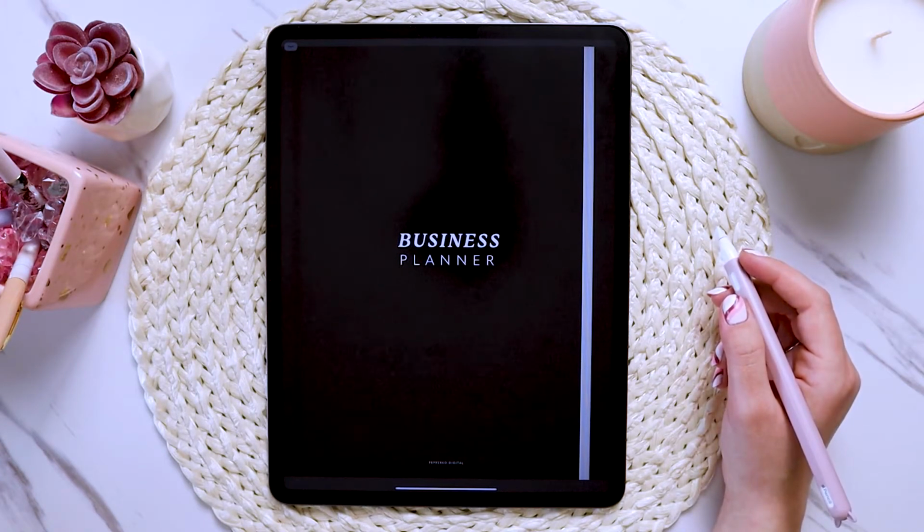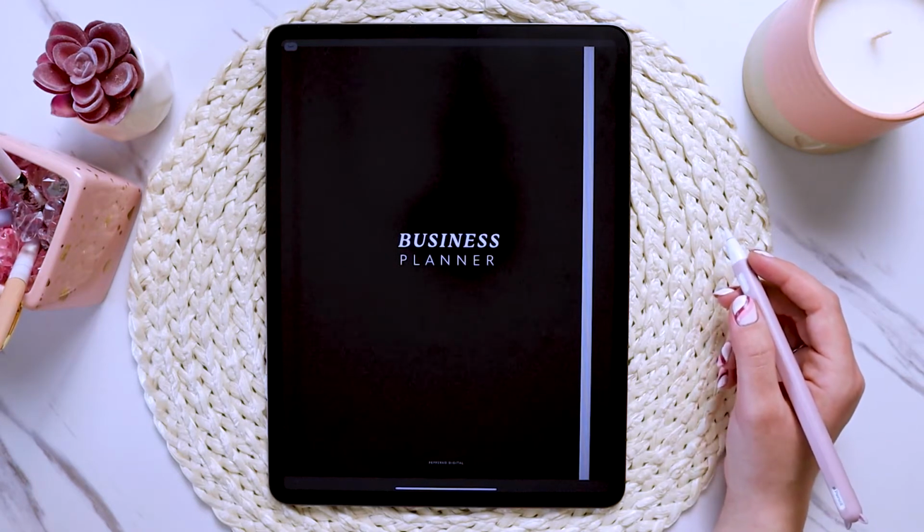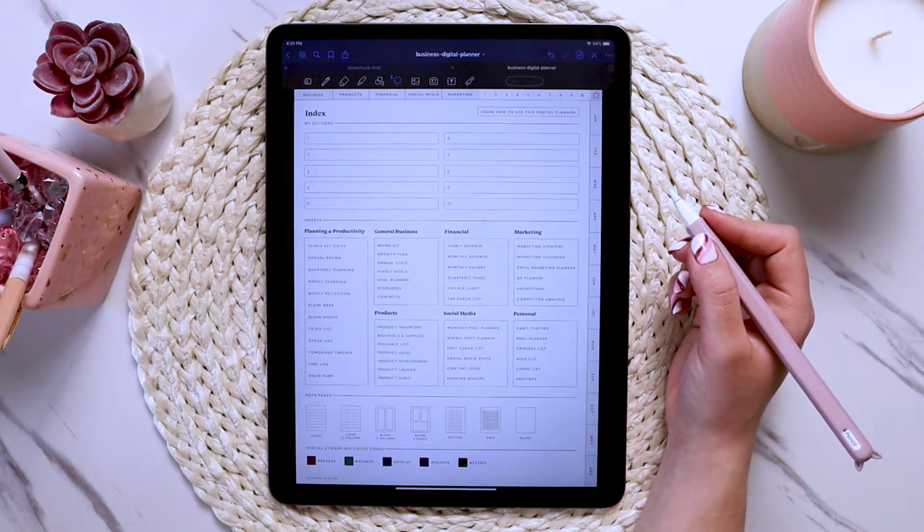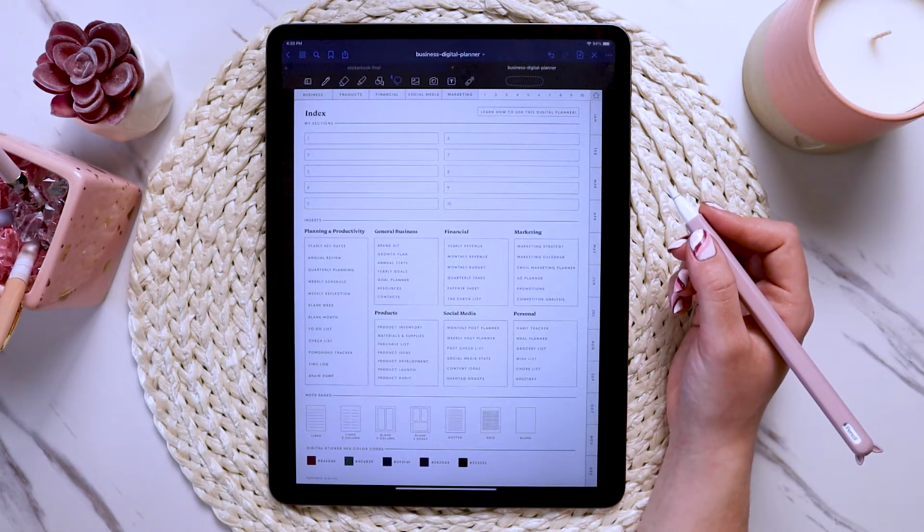I'll be showing you how to use this planner in GoodNotes, but most of the concepts will still be the same regardless of the app that you're using. So let's start with the basics. If you're totally new to digital planning, a digital planner gives you the same experience of using a paper planner, but you're just on your tablet and the pages are all laid out kind of like how you would see